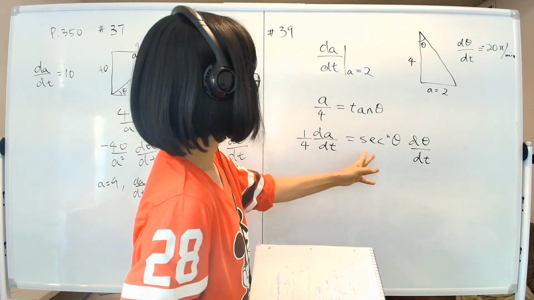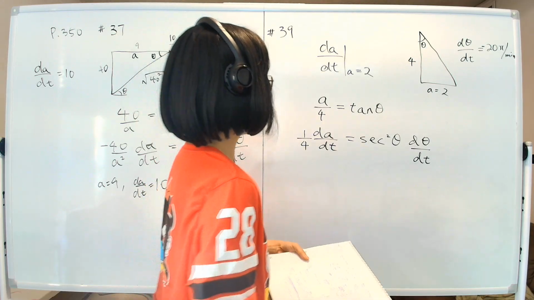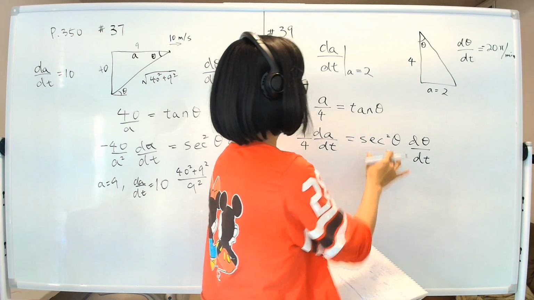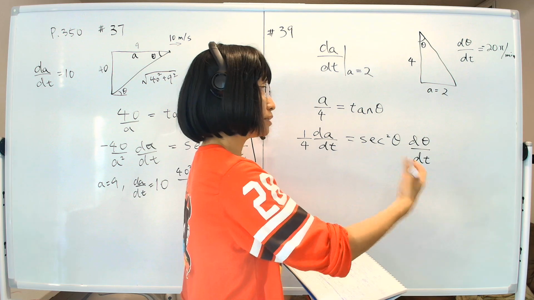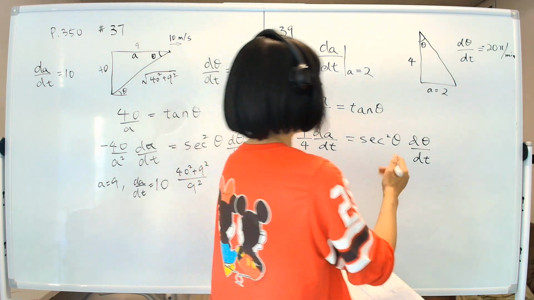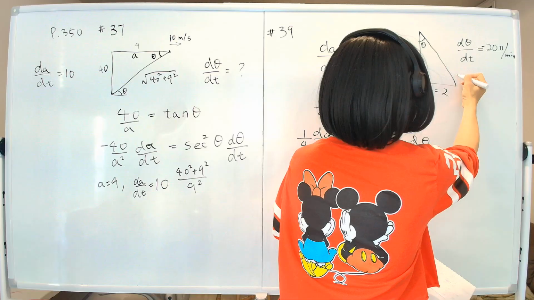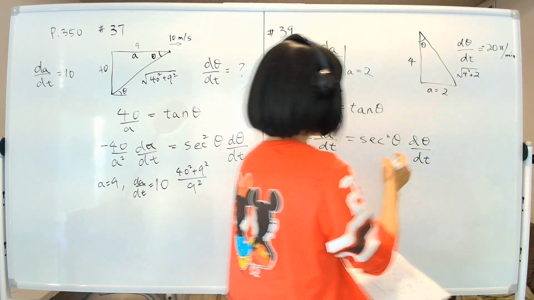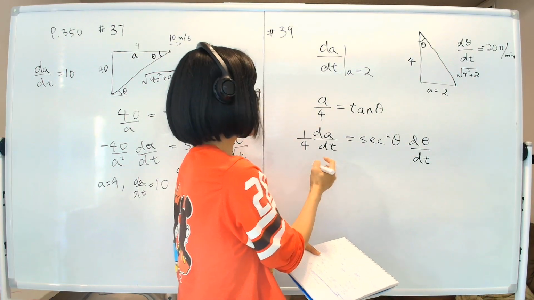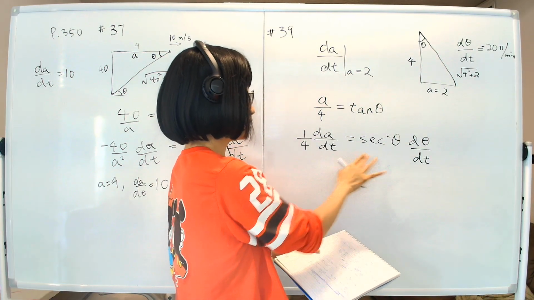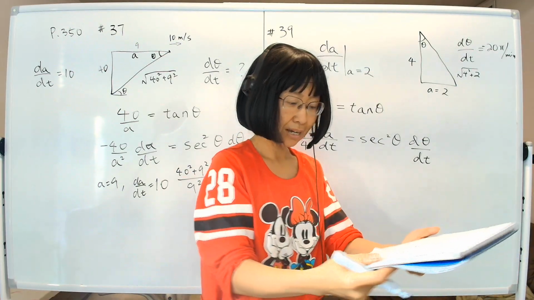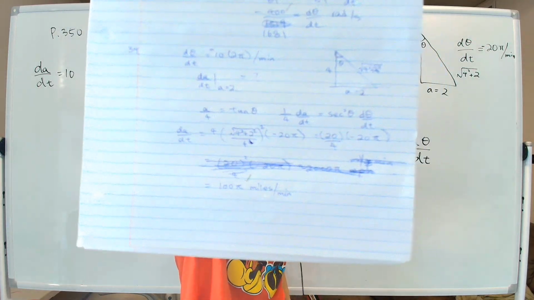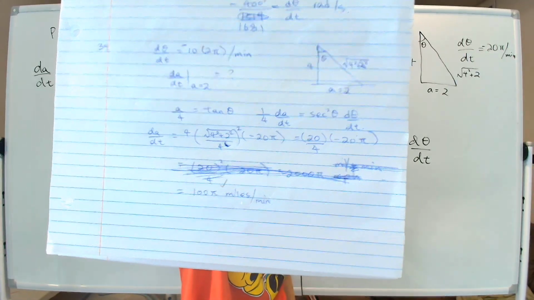As before, we need to figure out what secant squared is when A equals 2 and this side equals 4. Secant is hypotenuse over adjacent, which is 1 over cosine. So we figure out this side by the Pythagorean theorem, 4 squared plus 2 squared. Then you figure out secant squared just like the previous one. dA by dt is here, and then you can calculate d theta by dt rather conveniently, as you can see here in my notes. I will not do the rest of it, but the answer ended up being 100 pi